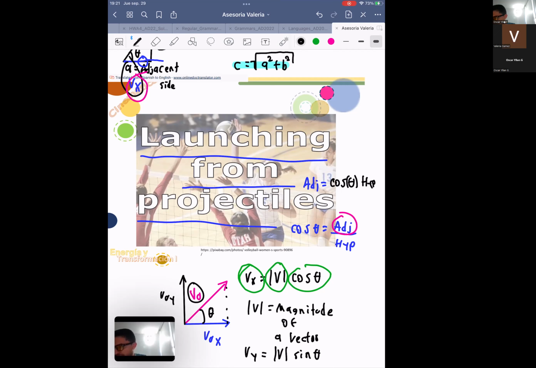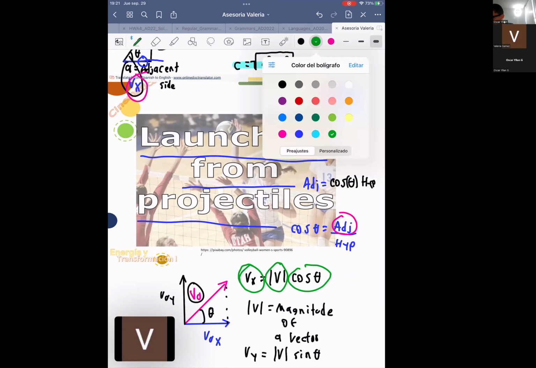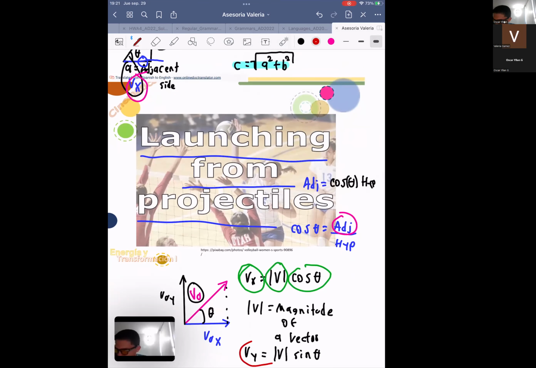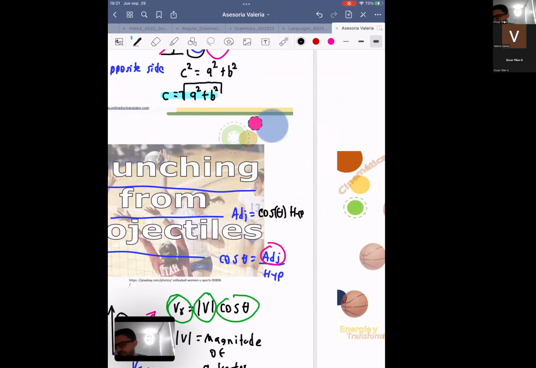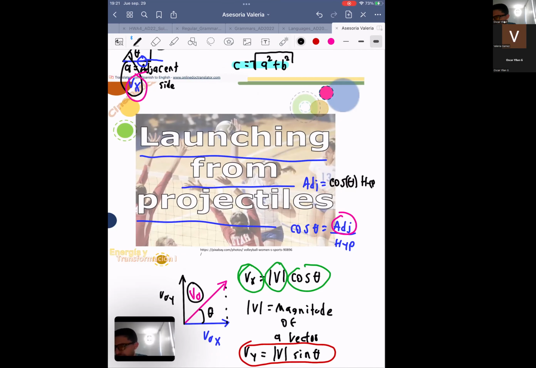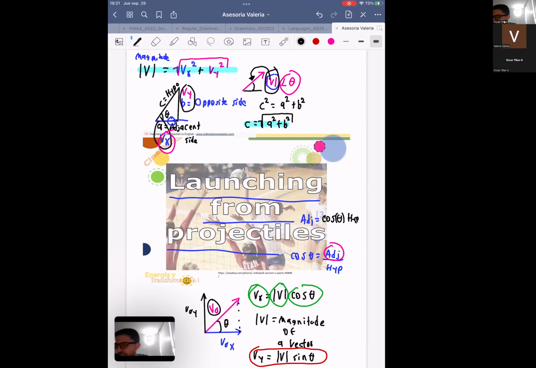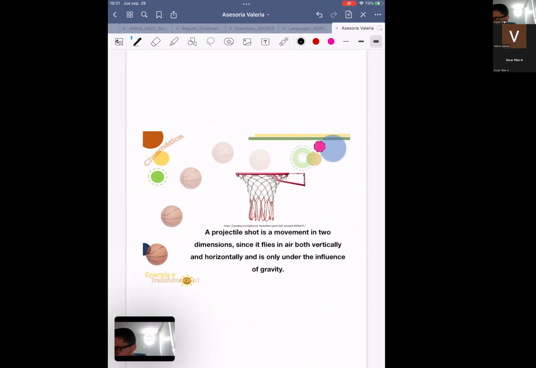These two are really important, because always when we talk about projectile launch, also called parabolic launch,